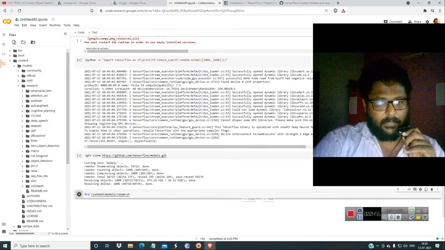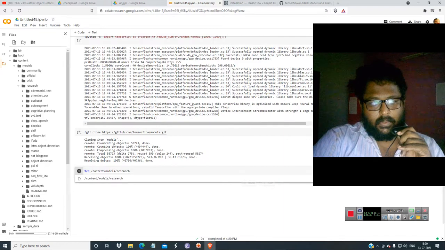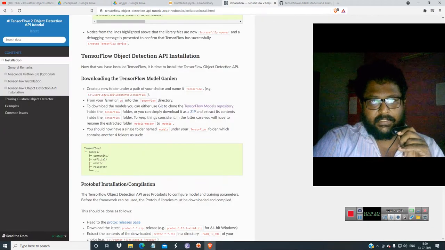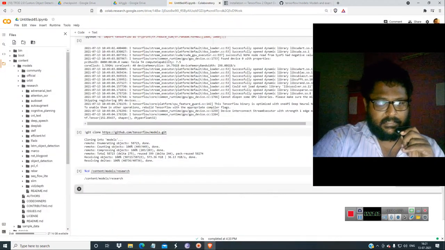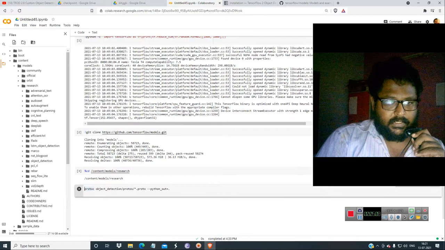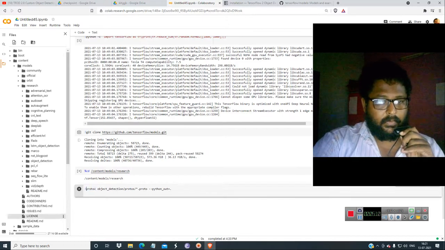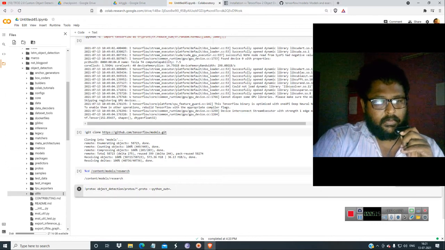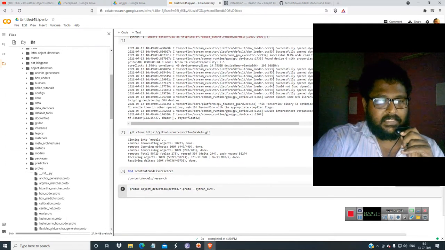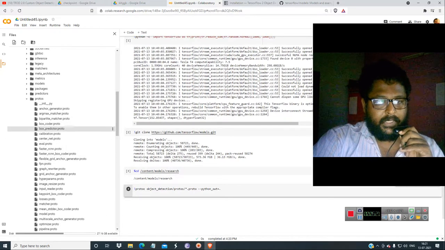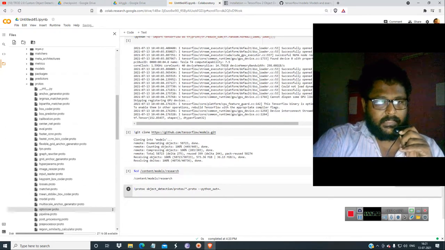Now you have to check first whether the executable is created or not. Copy this, paste it, and put an exclamation mark over here. I have to make something clear. When you go to object detection and then to protos, you can only see files called .proto; the pb2.py files are not there.